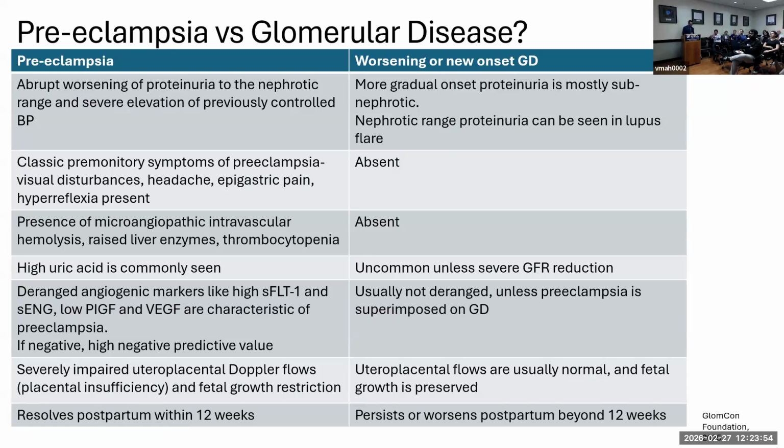Now, as far as I could tell, that's not in common clinical use, but again, I don't have as much experience with preeclampsia. But if that ratio is elevated, then that's more likely to be preeclampsia. I think there's some drawbacks with it in chronic kidney disease as well, but at least in normal pregnancies, they tend to use it. Also, for preeclampsia, you tend to have impaired placental blood flows, whereas that's something you shouldn't really see in glomerular disease. And preeclampsia, of course, should resolve post-pregnancy, whereas glomerular disease will persist.